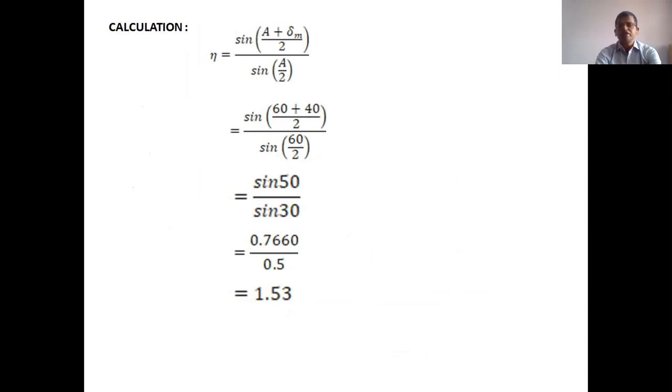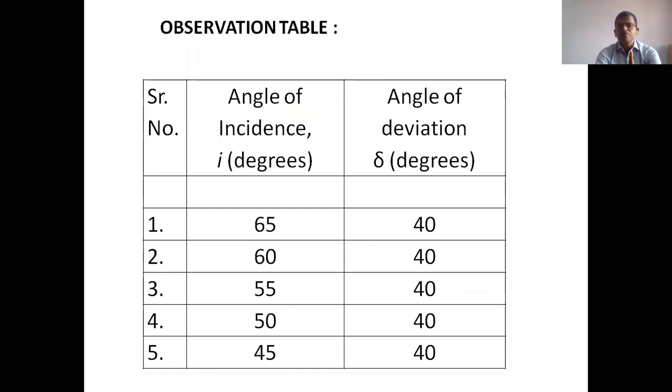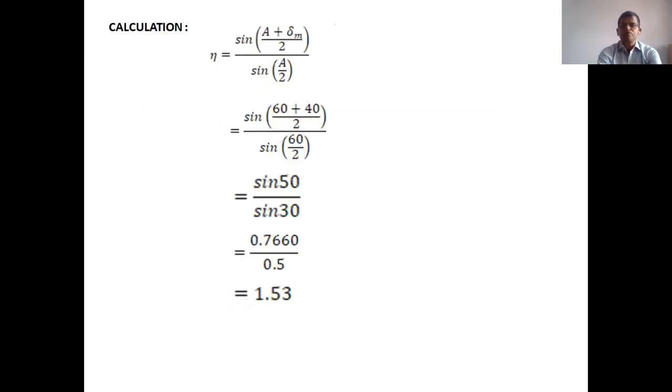So we solve the equation, and our answer should become 1.53 for this practical, but as per theory the refractive index of glass is about 1.5. Suppose you want the value to be 1.5, then the minimum angle of deviation should be 40 only, not 39 or 38. Whenever you take 5 readings, if one value of deviation is 45, no problem. One value 44, no problem. But at least one value of 40 is compulsory, so that your value becomes 1.5.